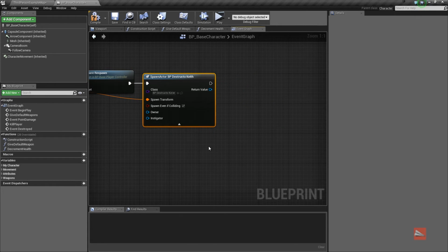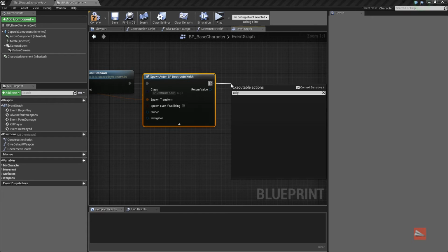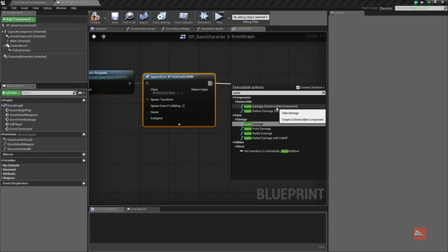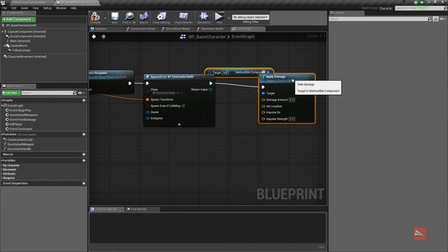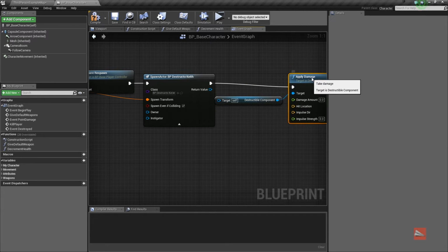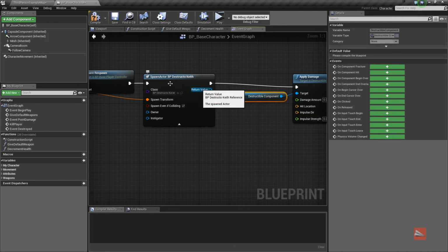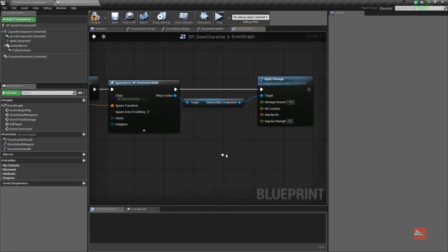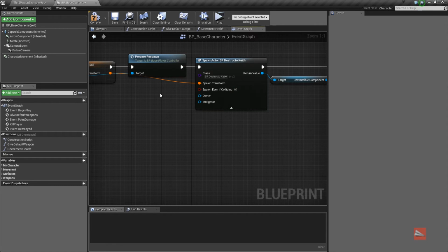So what happens after he spawned? Well, we need to apply some damage to him. So let's apply some damage to our destructible component. You'll see it automatically puts up this destructible component here. We take our return value from the actor, because of course we have to tell it what destructible component we're talking about. And here we can be pretty simple. We can just say 100 for our damage amount, and our impulse strength, let's say 50, just for the heck of it. And for our location, just to keep it really, really simple,